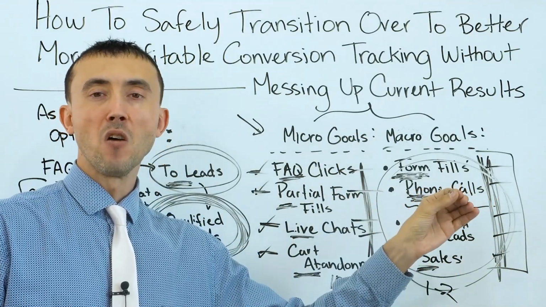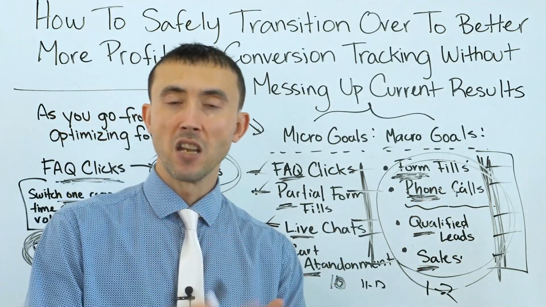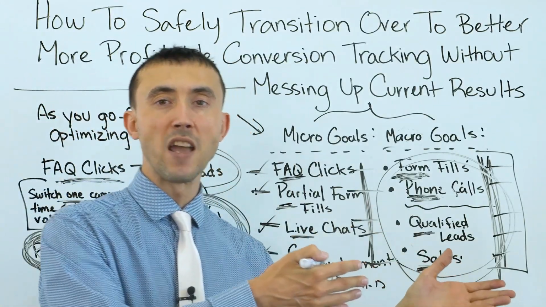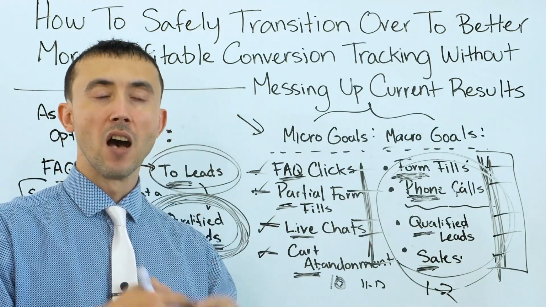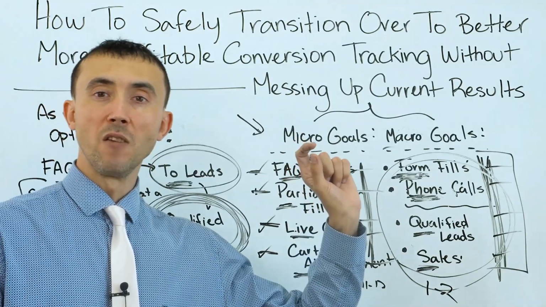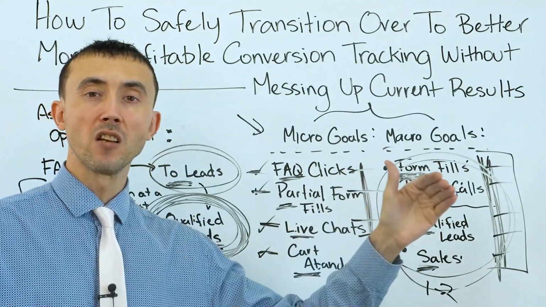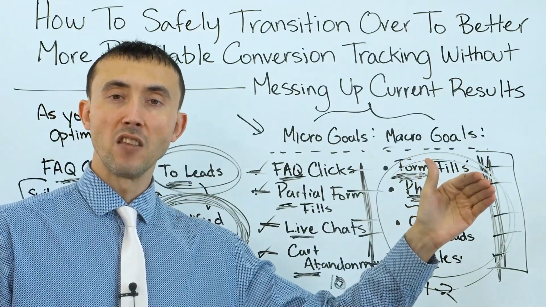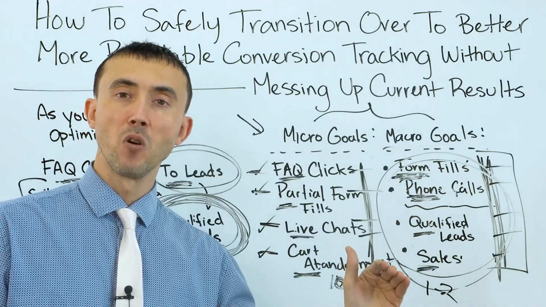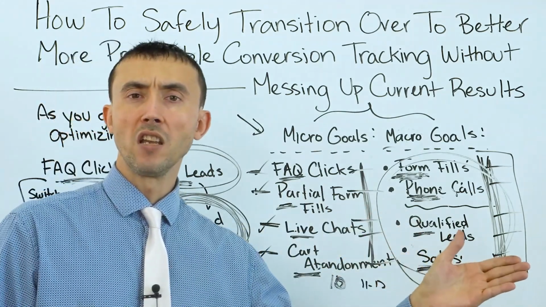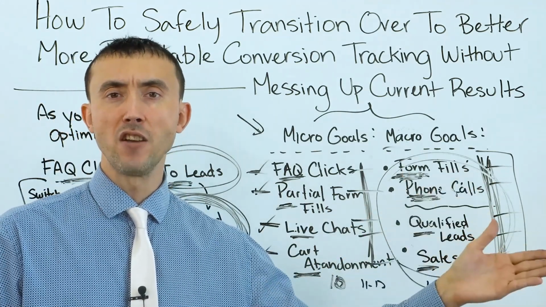There's other stuff to know about tracking, of course, in terms of setting up backup goals using Google Analytics, so that when your primary goals break, you can quickly go back to a backup. You also can see if the goals you're tracking are working by comparing the conversion data on the primary goal to the backup goal that you set up through Google Analytics, which is something we do at our firm, to using enhanced conversion tracking and server-side tracking